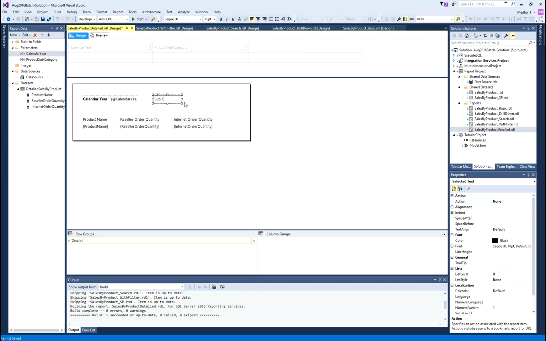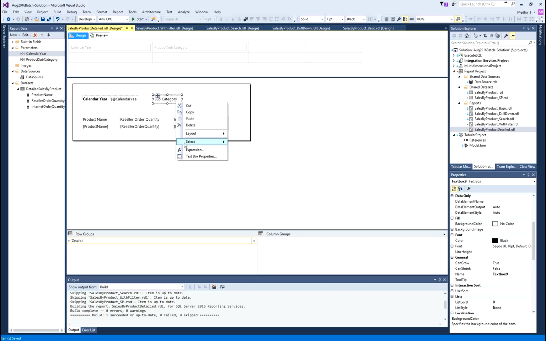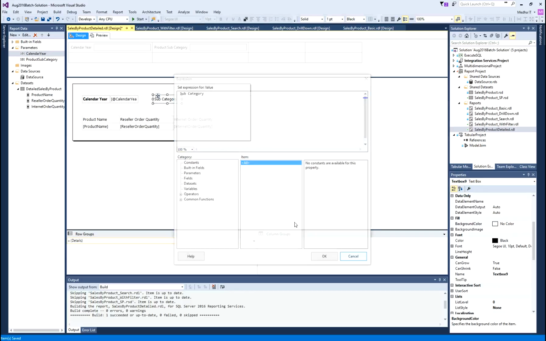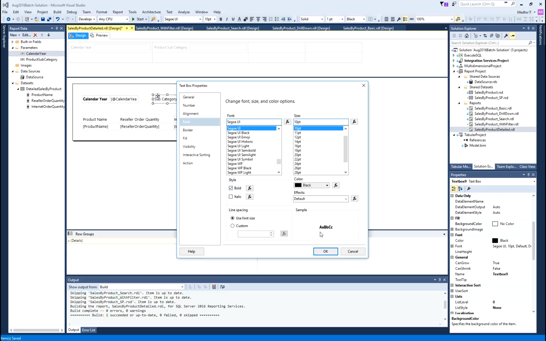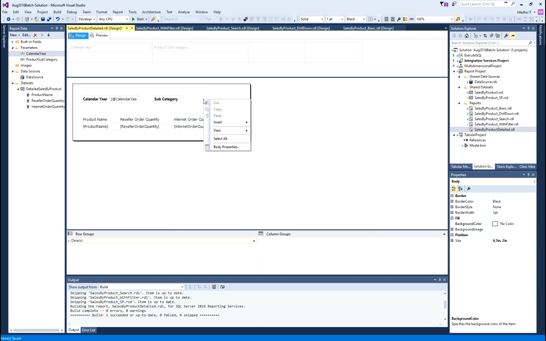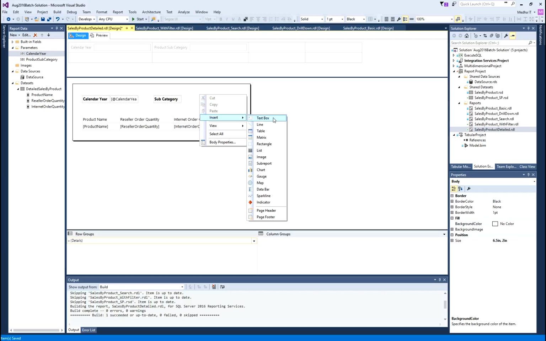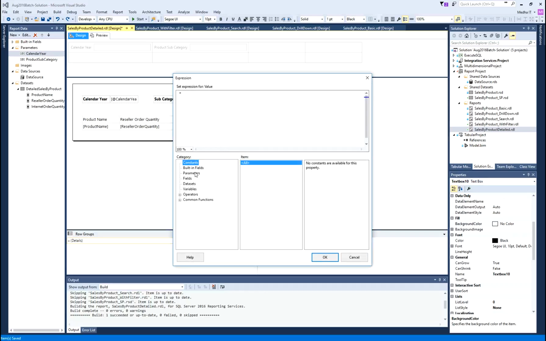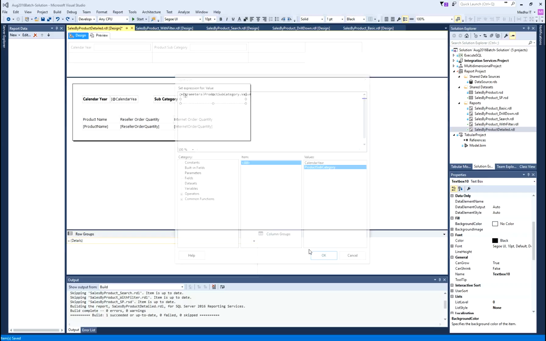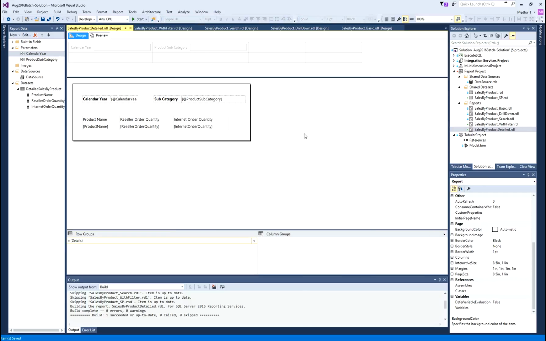I will say subcategory. This also I will do bold, change the font to bold, click OK, and now I will show the value for it, text box, and my expression for this is again the parameter. Click OK, save it. So, now I am showing the values that are being provided to this report, and then